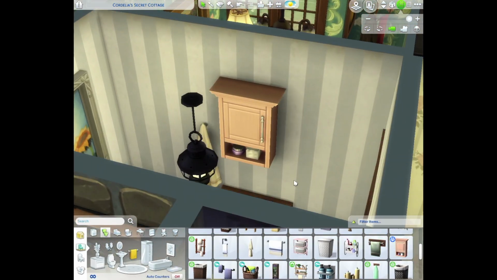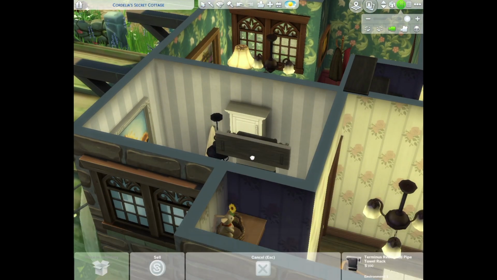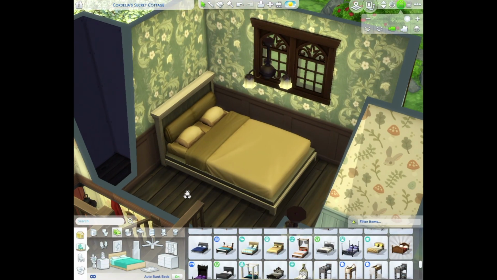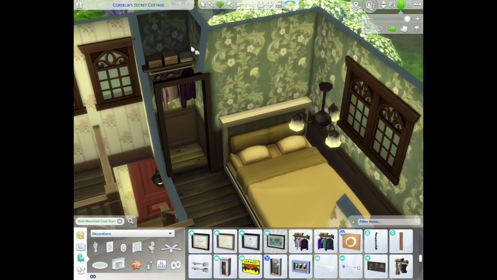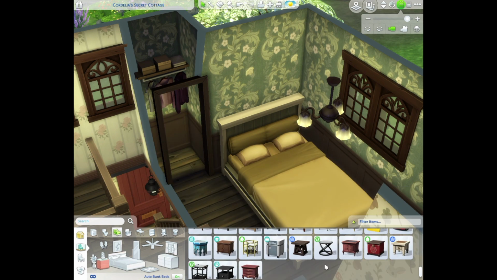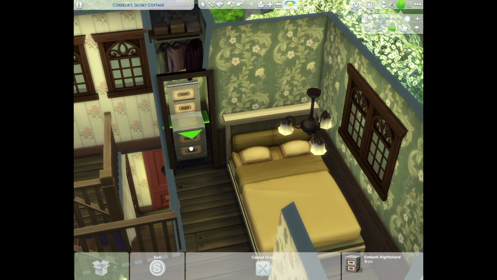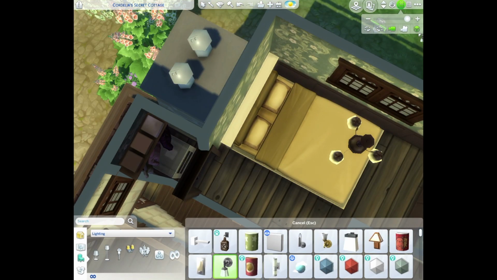And in the upstairs, like I said, the bedrooms are quite cramped, and this is the sort of master bedroom, and it's for the granny that I imagined living here. And since there wasn't a lot of space, I made that little awkward nook, that corner area, into an open wardrobe, and I